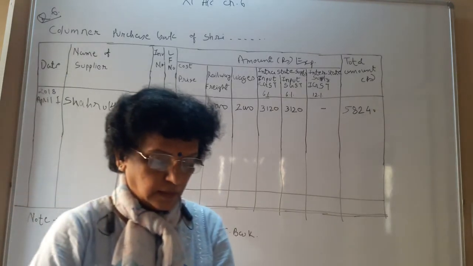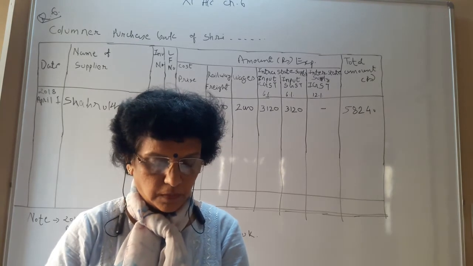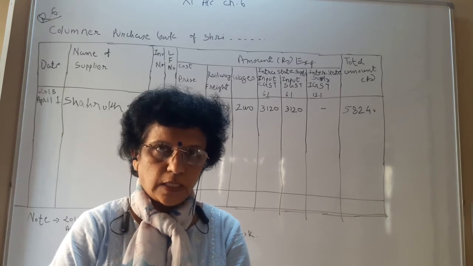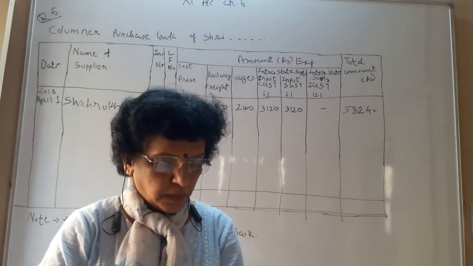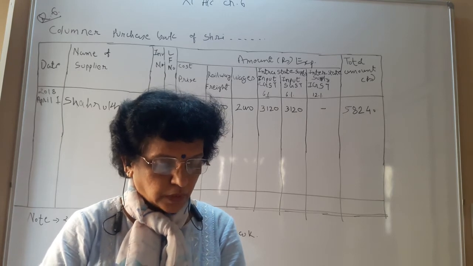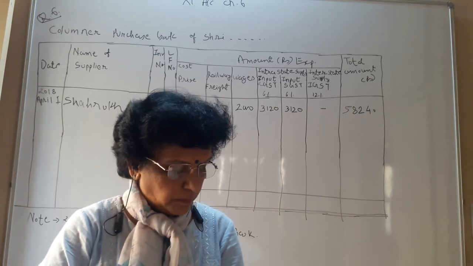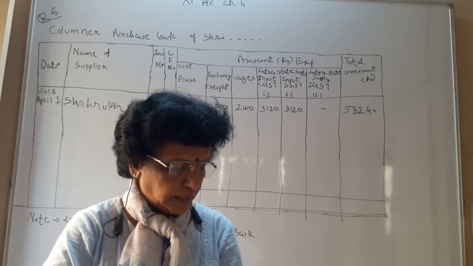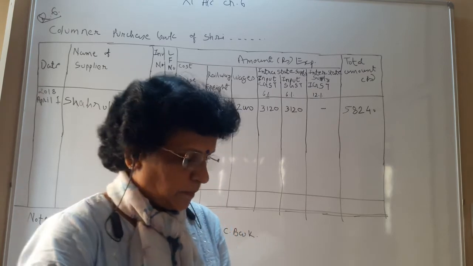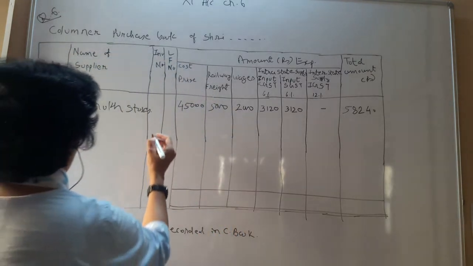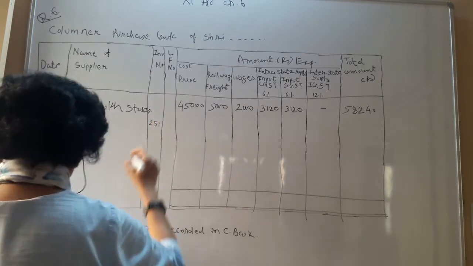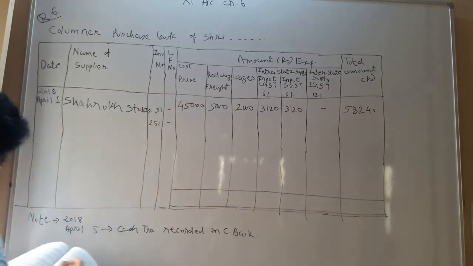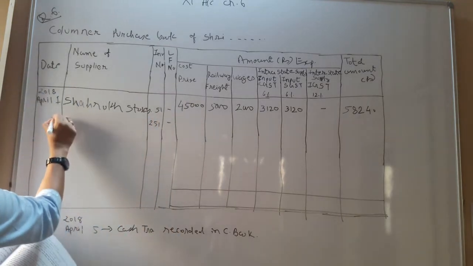Goods purchased of 40,000 at 10% trade discount from Amitabh of Mumbai. Underline Mumbai. It is outside Gujarat, so IGST will be there. Bill number 251 is received inclusive of the labor 1000 and railway freight 2500. So bill number 251 is to be recorded for this transaction, and for the previous transaction the bill number was 51.